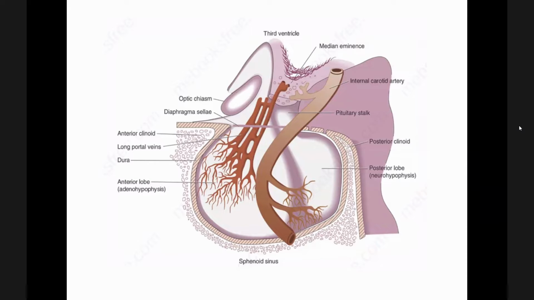When this is damaged, sometimes cerebrospinal fluid may come down and compress the pituitary gland, causing hypopituitarism or pituitary secretory dysfunction. And just above it, there is the median eminence as a part of the hypothalamus. You can see the pituitary stalk, and the internal carotid arteries giving the superior, middle, and inferior hypophyseal arteries. These three branches supply the pituitary gland, and also